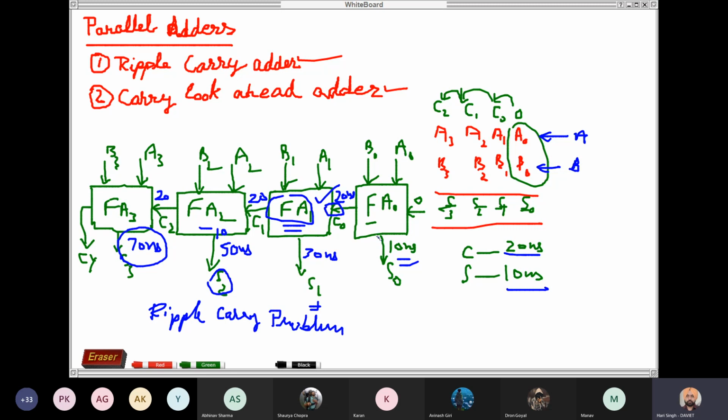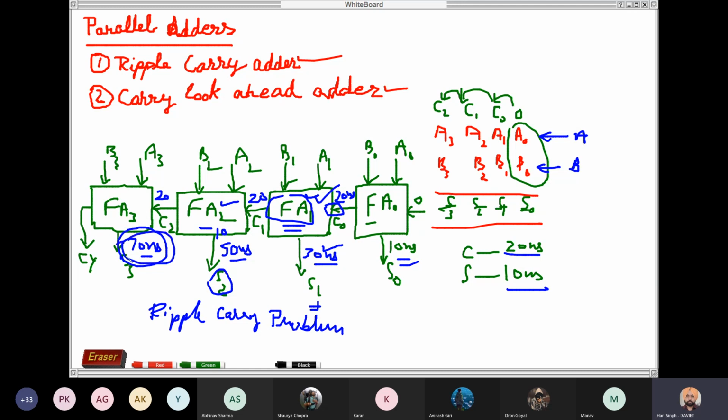So the first full adder will take 10 nanoseconds to provide the output, and the second full adder will require 10 nanoseconds to give the output, and these 20 nanoseconds will also be considered in this. So total time will be 30 nanoseconds. So a further 20 nanoseconds will be required to reach the carry at full adder 2. So in this case, the total propagation time for carry will be 20 plus 20. So it will be 40 plus 10 time required to provide the output. Total 50 nanoseconds will be taken, okay, and so on. So the total time within which the final output will be available will be 70 nanoseconds.